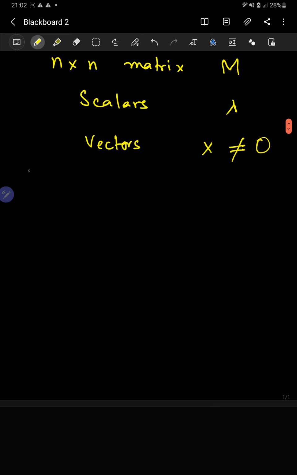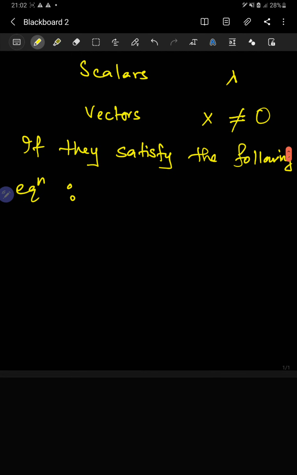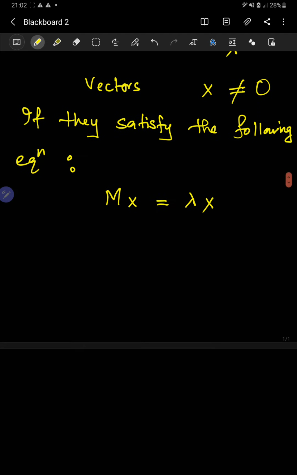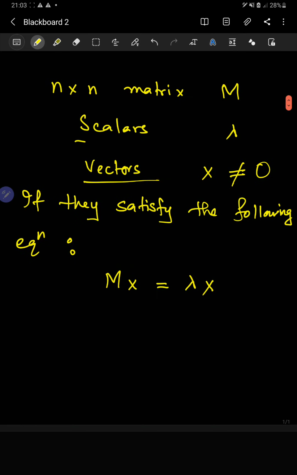If they satisfy the following equation, which is Mx equals lambda x, where x are the vectors here and lambda the scalars,